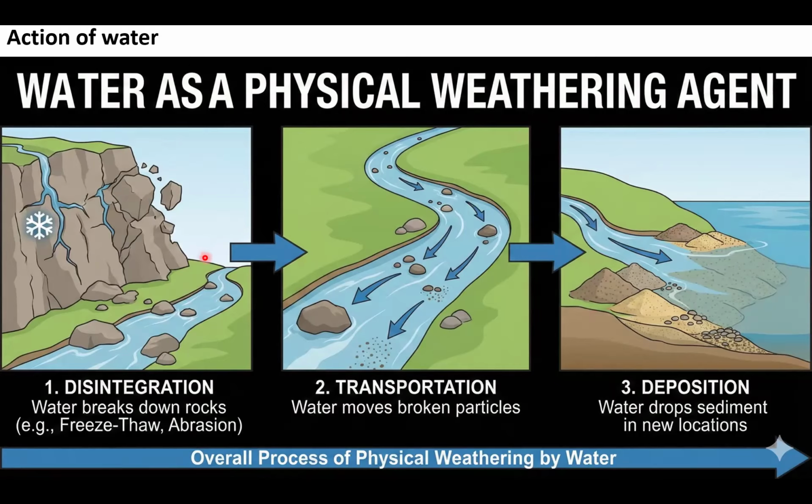Whatever the rock was disintegrated by the physical condition or differential temperature will be carried by water. Those disintegrated parts will be broken down by the rainwater and transported. Whatever the disintegrated part will be, it will be transported and deposited in another location. This is how water plays a major role in physical weathering. So water acts as a disintegration, transportation and deposition agent.